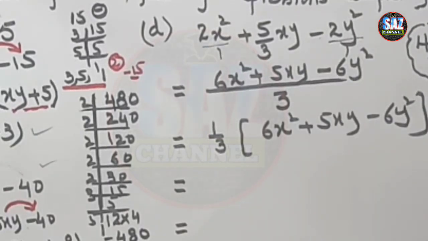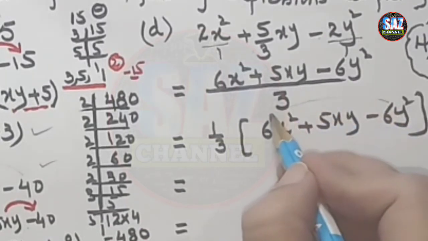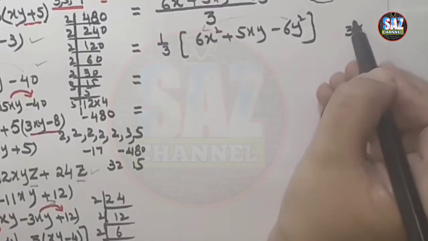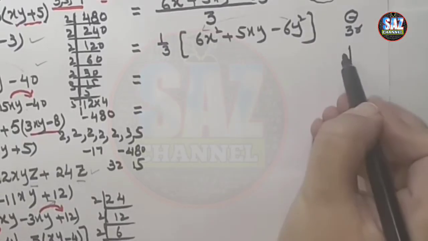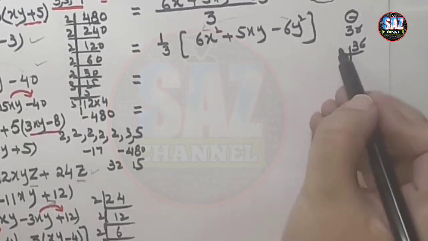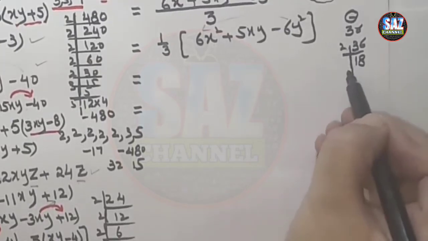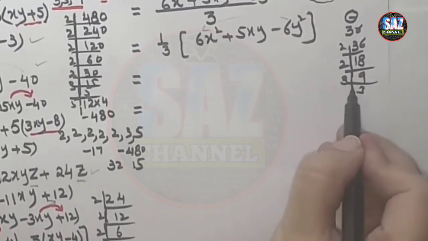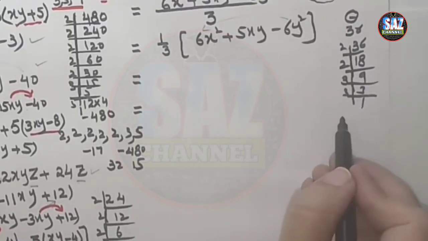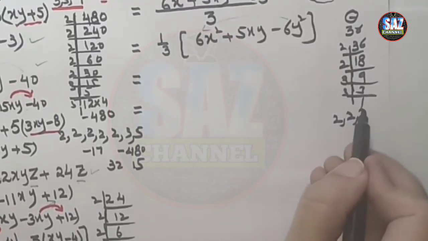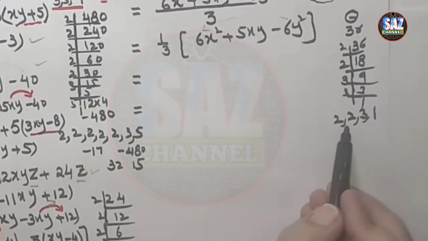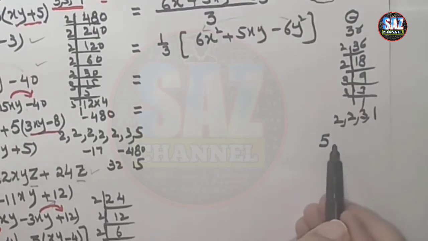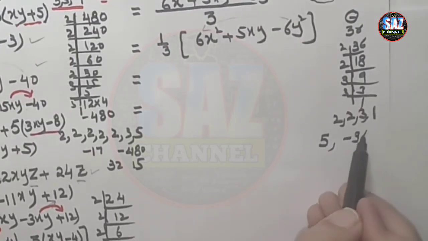Easy. Now multiply this 6 with 6 and the product comes 36, with negative sign. Quickly make the prime factors. I hope now this method is clear to you. 2 how many times? 18. We should have the command on the tables as well. 2 9s are, 3 3s are, and 3 1s are. Write down all the factors: 2, 2, 3, 3 and 1. Set the factors in such a way that when you add or subtract you get 5, and when you multiply you get minus 36.